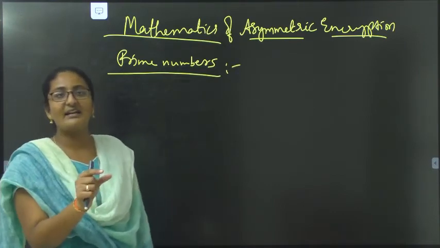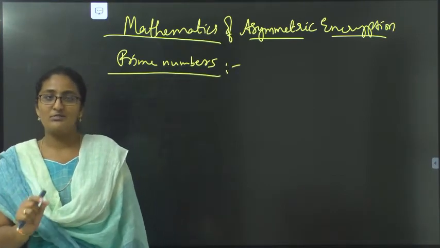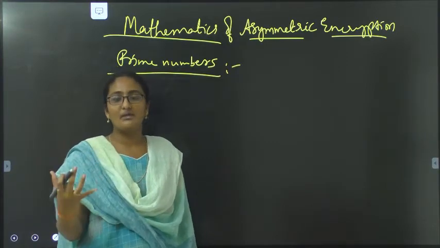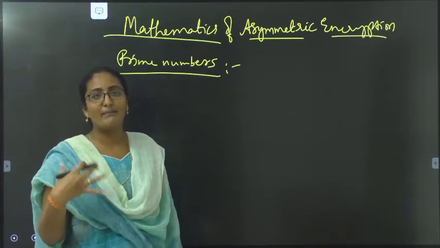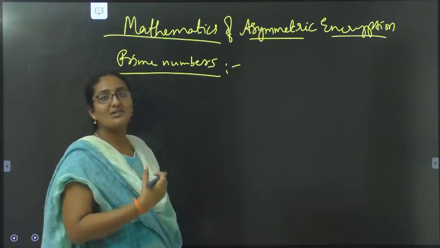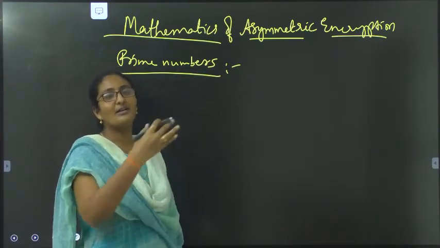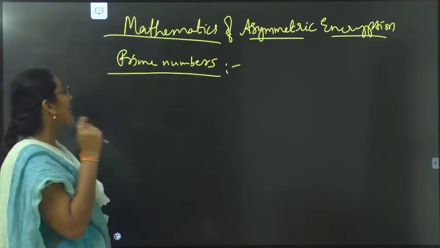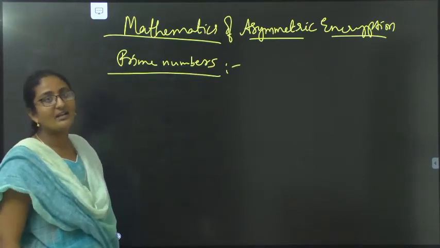There is data and there is a problem for data also. To solve that problem we take the help of cryptography. In cryptography we have different approaches. Now we are at a stage where we use either symmetric or asymmetric algorithms. To finish unit 3, the last topic is mathematics of asymmetric encryption.